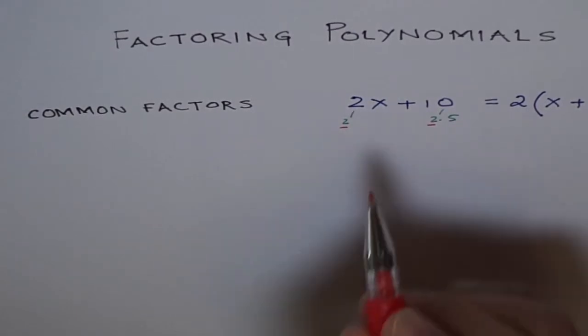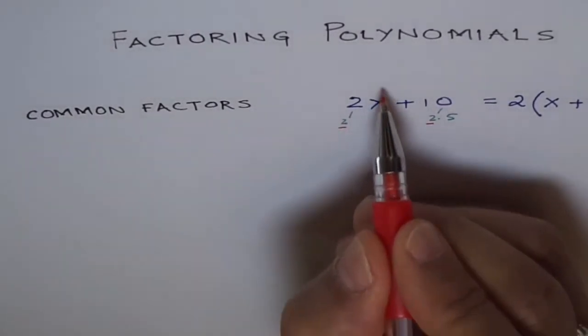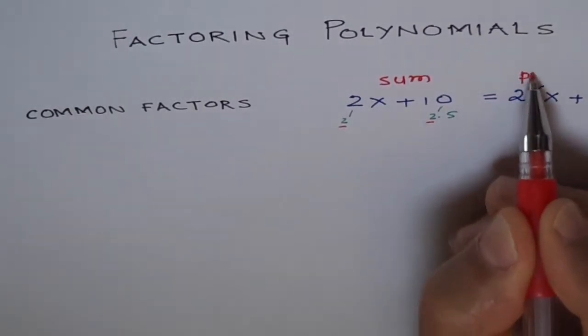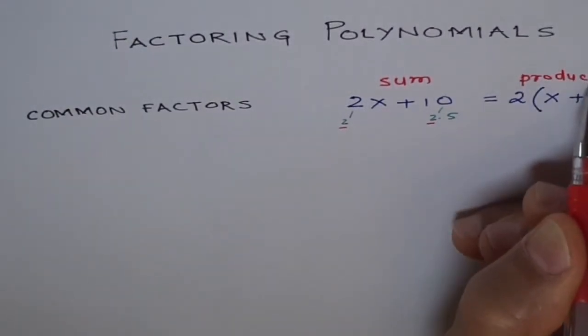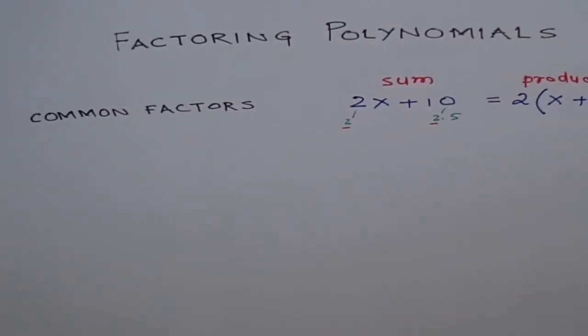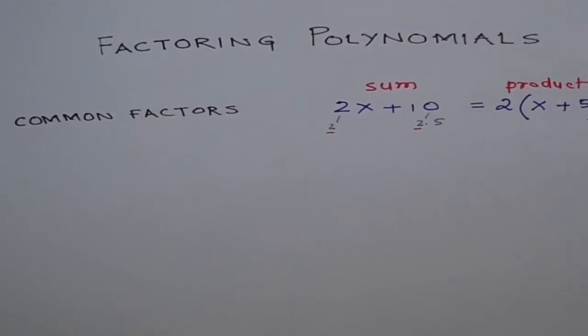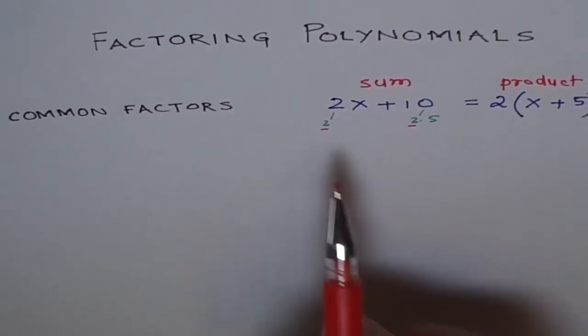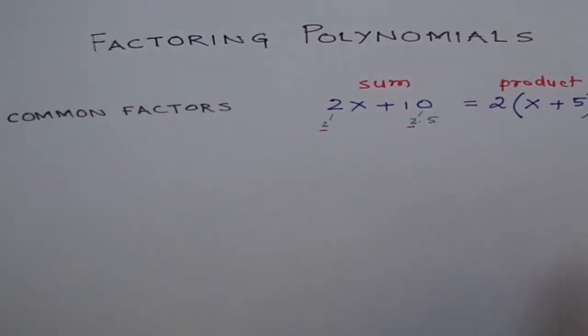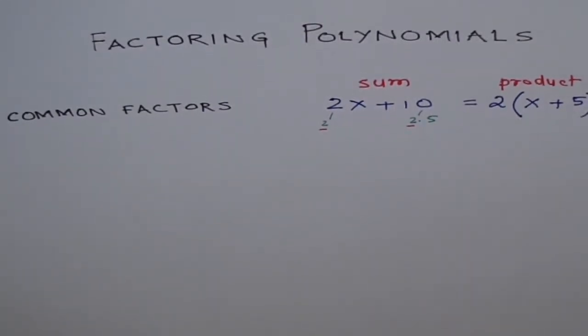And you see, on this side we have a sum, right? And what do you get here? Product. So whenever you convert sum into product, we are actually going through the process of factoring. And now, how many terms? Those two sum things have been converted into one product term. Do you see that? Now let me take you few more examples just to help you understand this common factoring